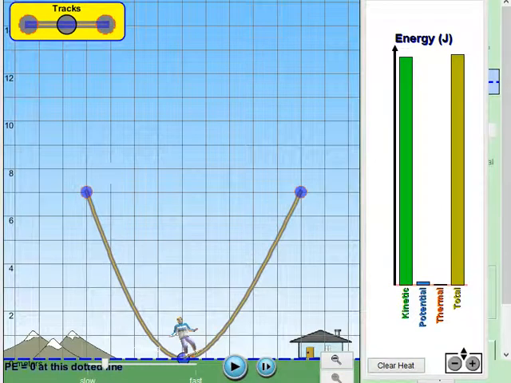This is extremely important. Now, what do you think is going to happen if we press play again? He's going to go up the ramp on the right hand side, but how far is he going to go? Is he going to go up all the way to 7, or is it going to go less than 7 or more than 7? Think about this for some time before. Yeah, I would say that you pause this video, think about this, and then replay this video.